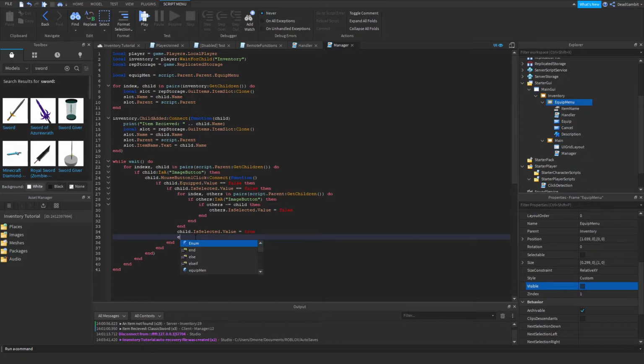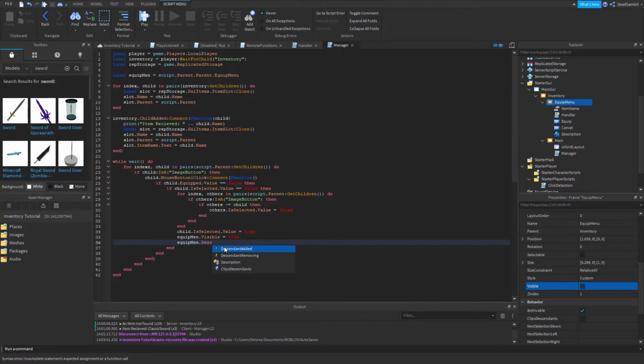So we have equipment.Visible equals true. We'll do equipment.description.Text equals "Do you want to"